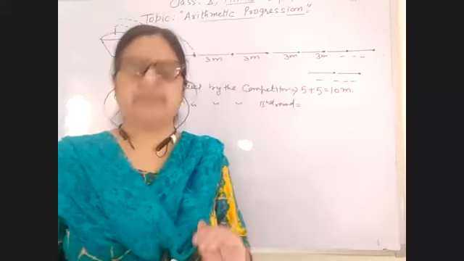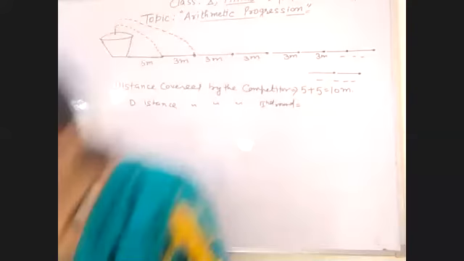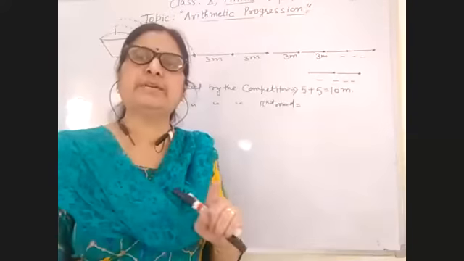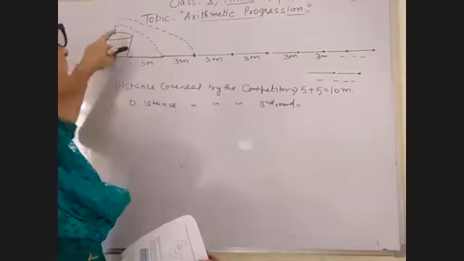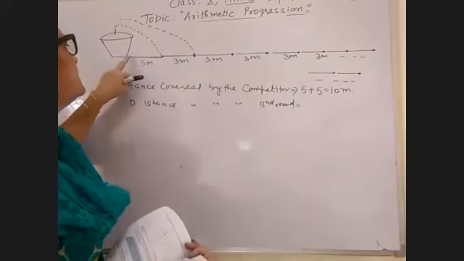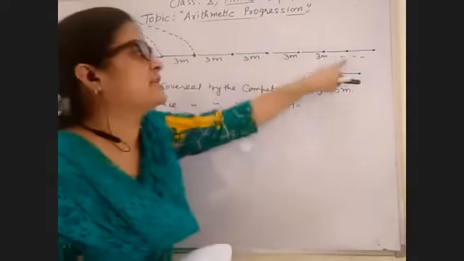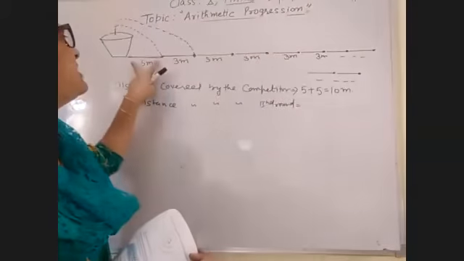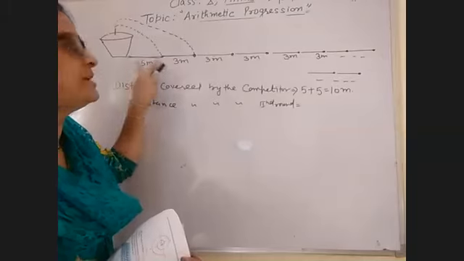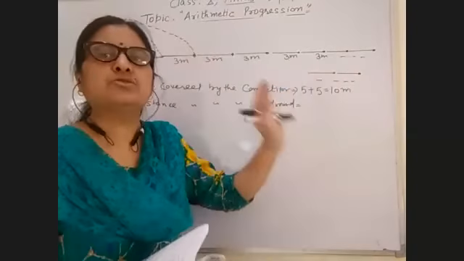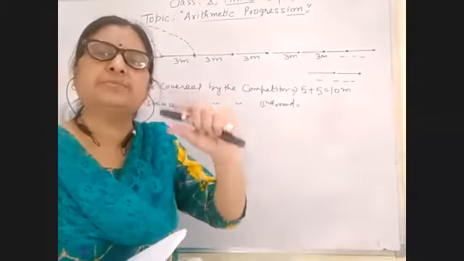Yes student, I have taken the last question of this exercise. In a potato race, one girl starts from this bucket. This is the initial point. And the potatoes, total 10 potatoes are there. And the distance between the first potato is 5 meter. Then 3 meter के distance के ऊपर potatoes पड़े हैं. So we have to first form the AP.